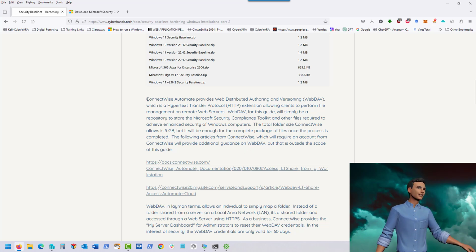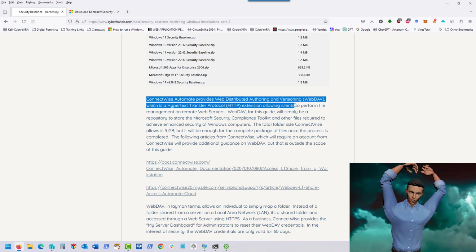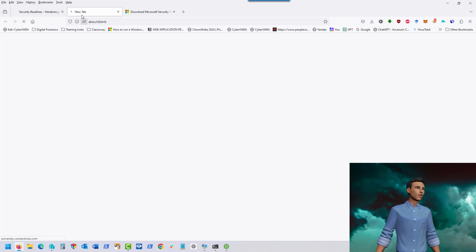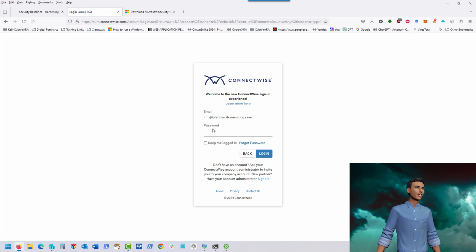Now, here's where I get into WebDAV, and I have to get into what ConnectWise is providing for me, which is a directory out there. So I'm going to open up this folder. Now, if you don't use ConnectWise, you won't be able to do this exactly as a one for one. But the other reason why I do this is because